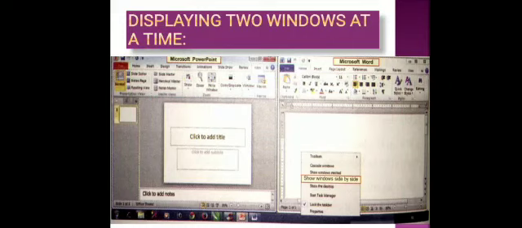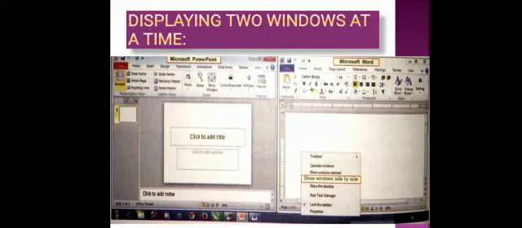First open MS Word, then copy, then close, then open MS PowerPoint, then paste. This is the feature provided by Windows 7. It is a simple feature. By this method you can open two applications at a time, and more than two also. I am explaining here for two, but you apply the same method for more than two applications also.